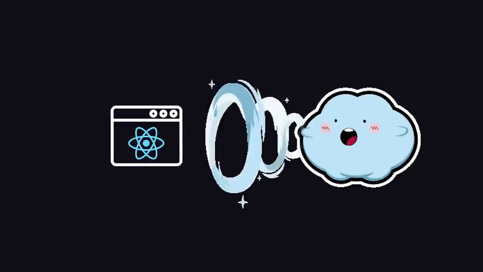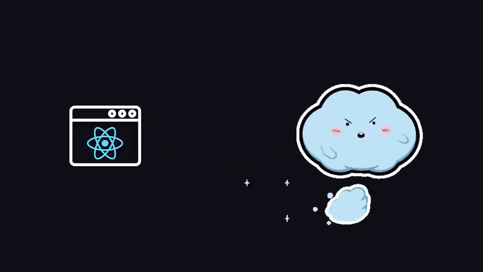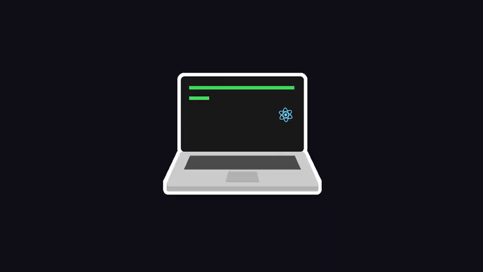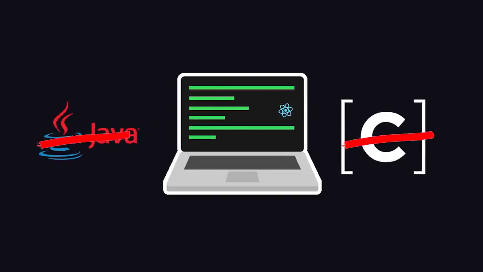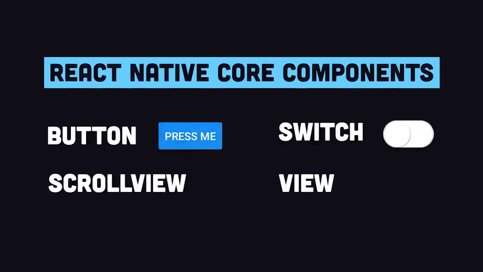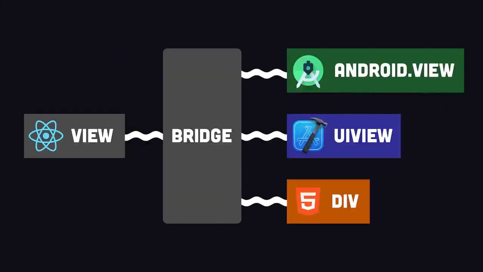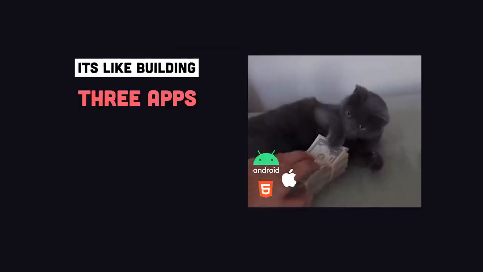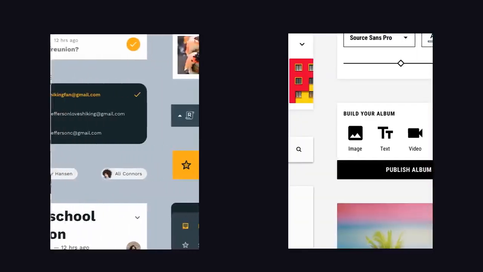You can't just take your existing React web app and upload it to the App Store, but you can use the React skills you already have to build a native app without ever having to touch Java or Objective-C. Instead, you import building block components like button, switch, scroll view, and the most fundamental of which is view. At runtime, it will use the true native component on the corresponding platform, like UI view, Android.view, or div on the web. It's like building 3 apps for the price of one,